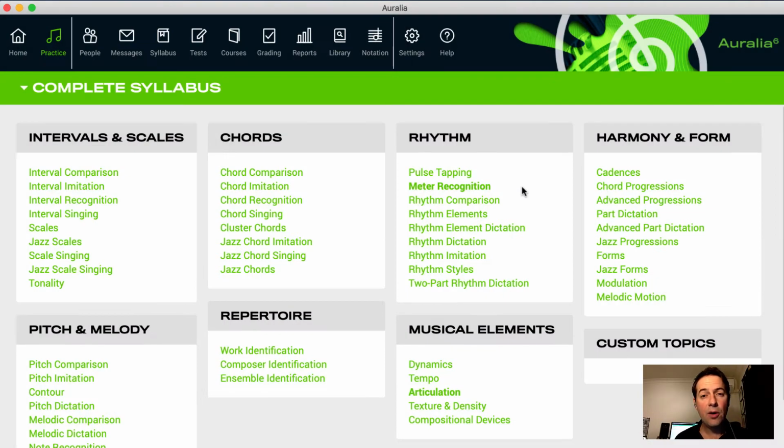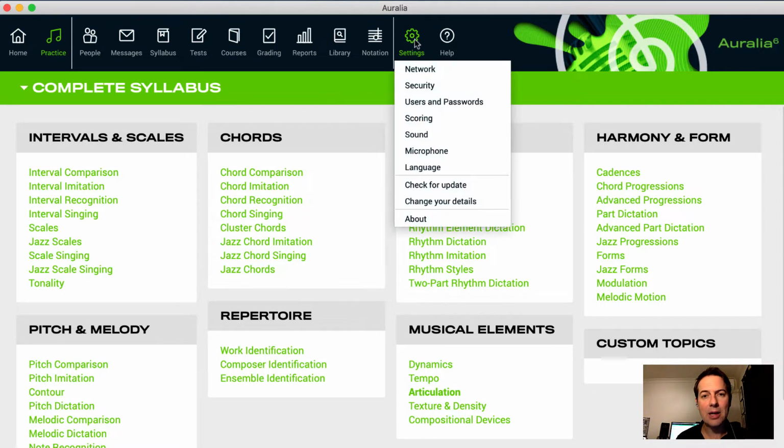As my little disclaimer, as a jazz saxophonist, I do apologise in advance for my serious lack of vocal tone and control, but perhaps this video might give you an idea of how a typical student may approach using these topics in Auralia. So first things first, we do need to set our voice type under the settings area